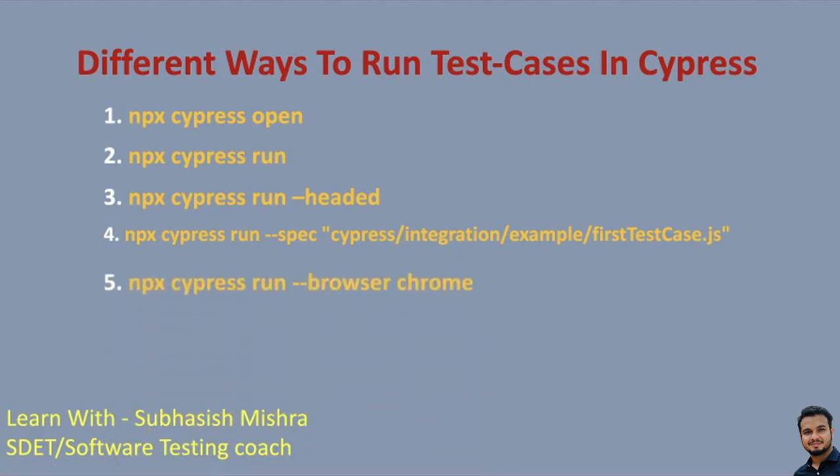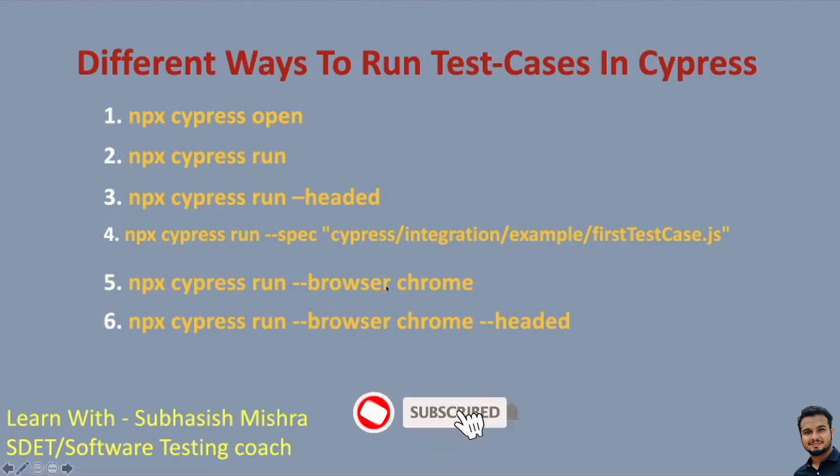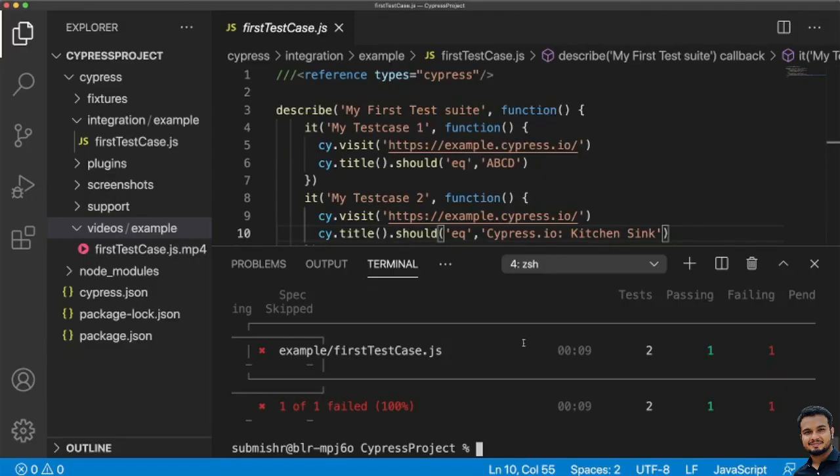Okay. Next we learnt about which browser we can use. So npx cypress run --browser chrome. You can also give Firefox if you want to run it in the Firefox browser. Next we learnt about how we can execute from a different browser but in a headed mode. So the fifth command is in the headless browser and the sixth command will be the browser, and it will launch and you can see that. So that's all for today.